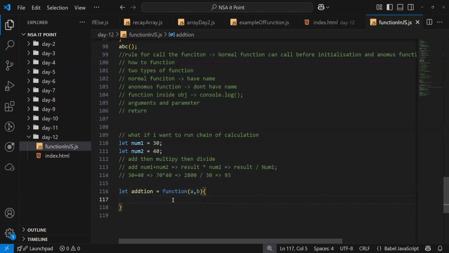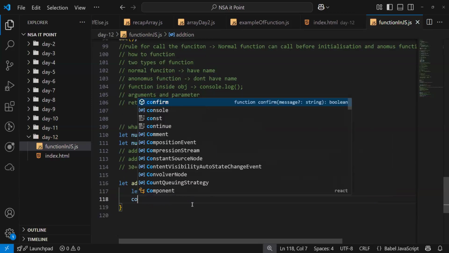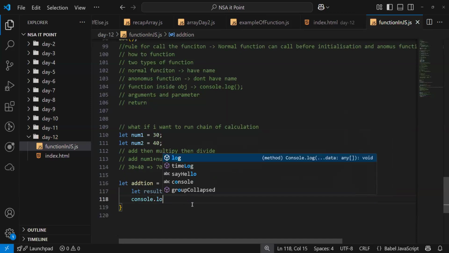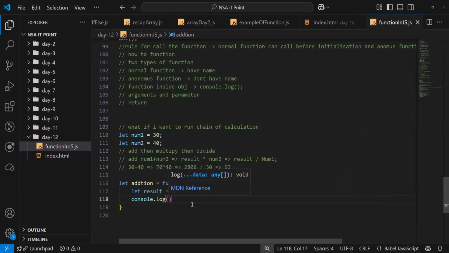Then let result equals a plus b, and console.log. I could write console.log directly, but I want to show you why I'm writing result.